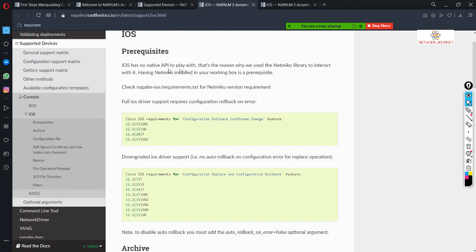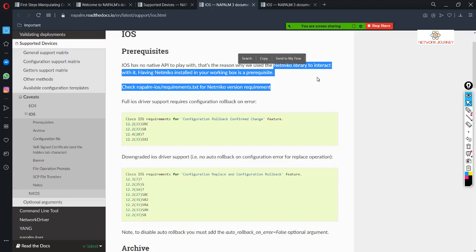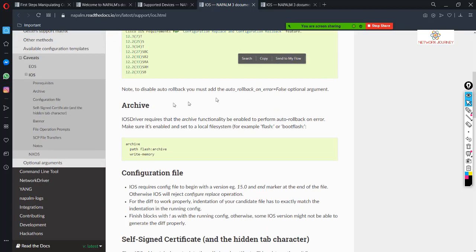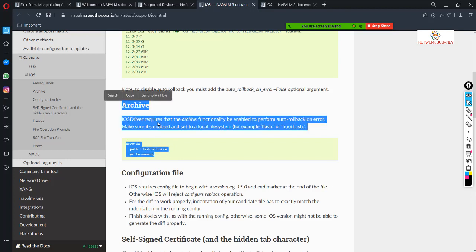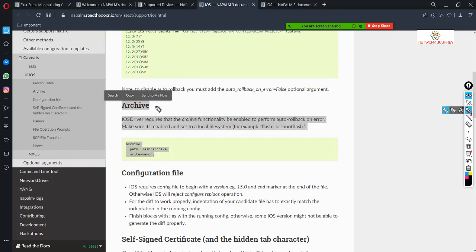Okay, in the case of IOS, which has no native APIs, you have to rely on the Netmiko library. I'll tell you what archive is. Okay, this is very important. This is a feature inside your Cisco box which has to be enabled. And why do we enable archive?